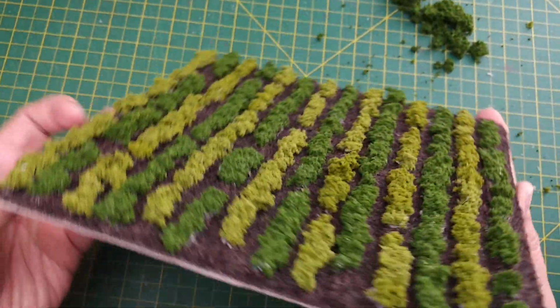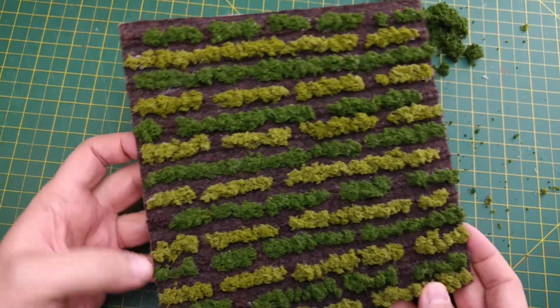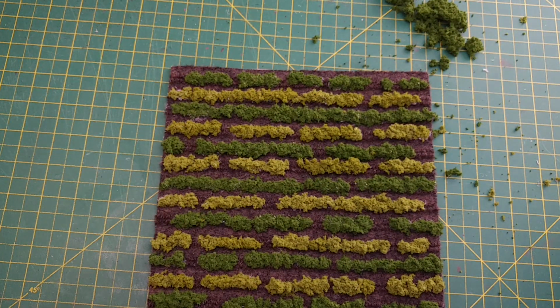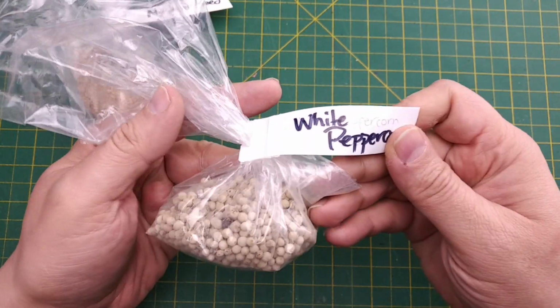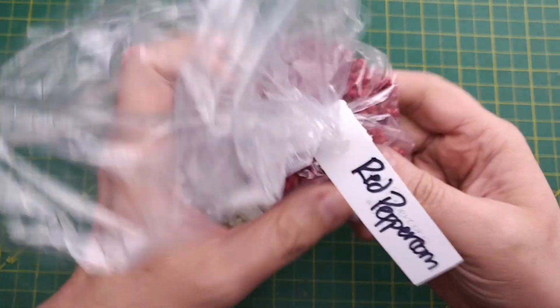We could use the same process on much smaller tiles to create gardens rather than large fields. The process of making these tiles doesn't warp the base, and it's table ready almost immediately. We have some different spices here: mustard seed, white peppercorn, and red peppercorns that we're going to use for our